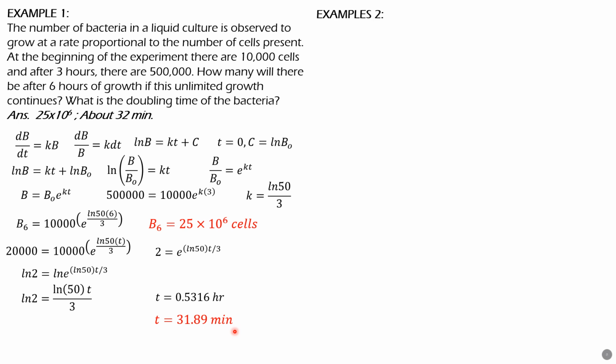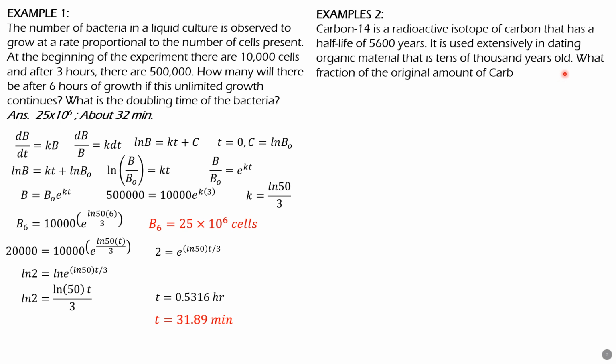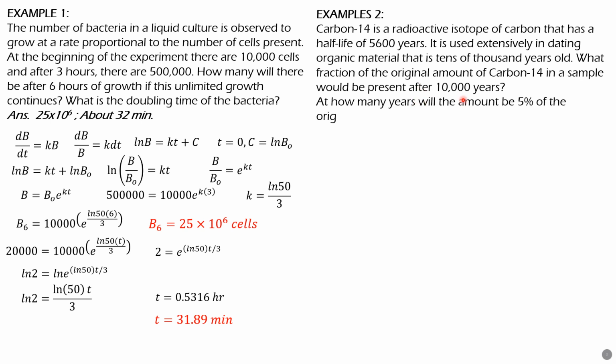For the second problem, carbon-14 is a radioactive isotope of carbon that has a half-life of 5,600 years. It is used extensively in dating organic material that is tens of thousands of years old. So what fraction of the original amount of carbon-14 in a sample would be present after 10,000 years? Take note that the half-life is 5,600, and we're looking for the fractional amount left